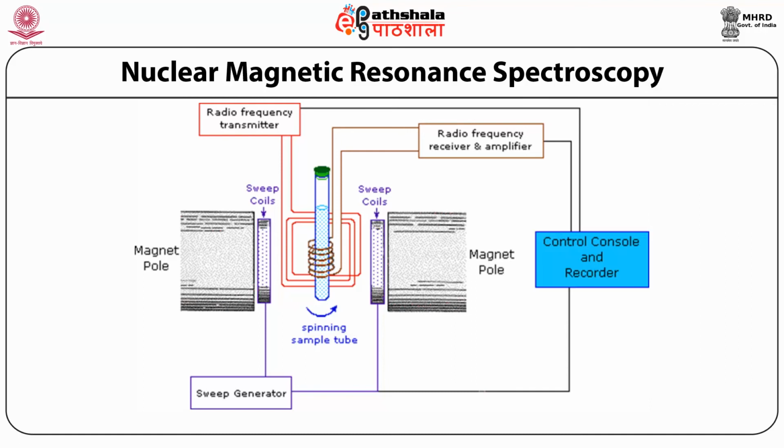And when we apply the radio frequency, which is resonant with the high magnetic field, then the ions of the solution are flipped from the lower energy state to the higher energy state. This change in the energy level is determined by using an amplifier or the detector, and then it is recorded as the presence of hydrogen ion or the other ion present in the sample.